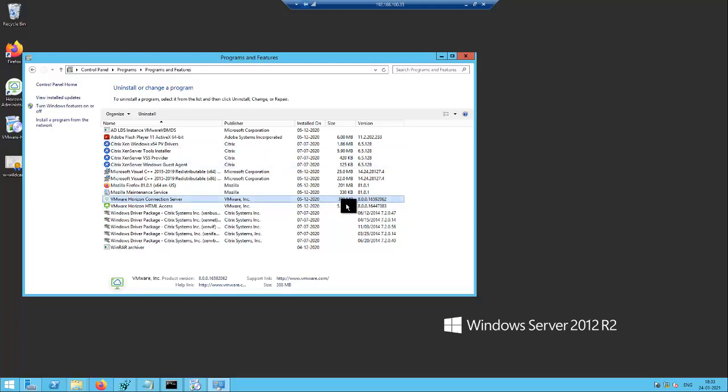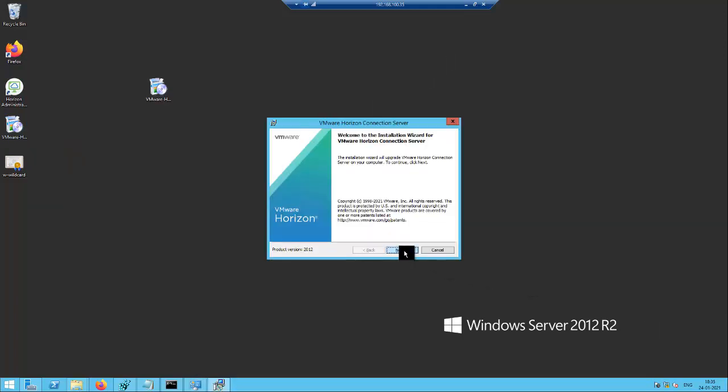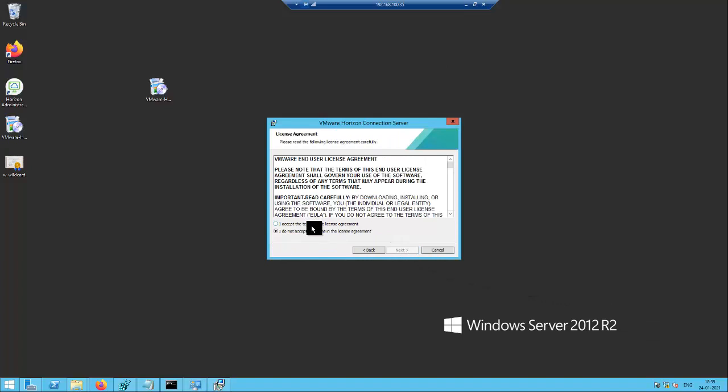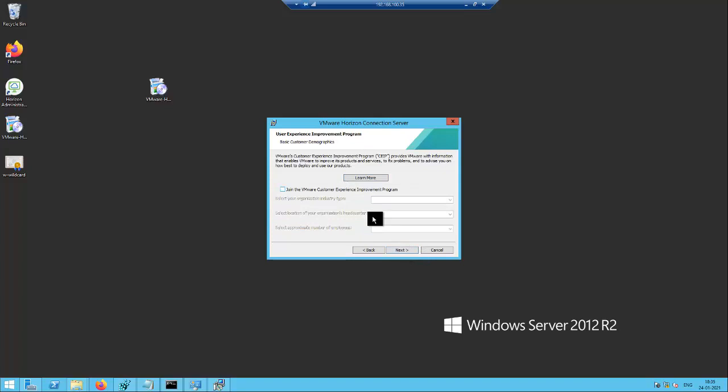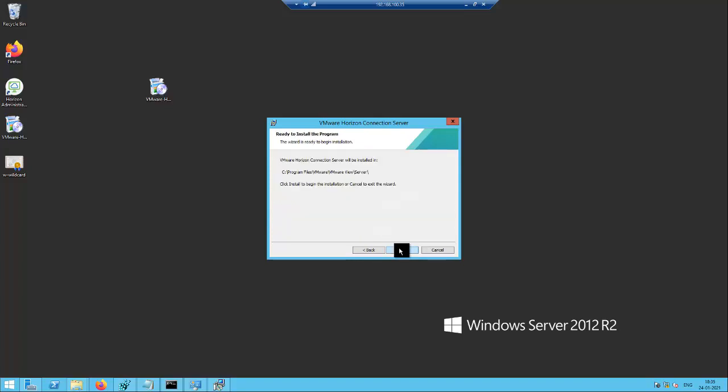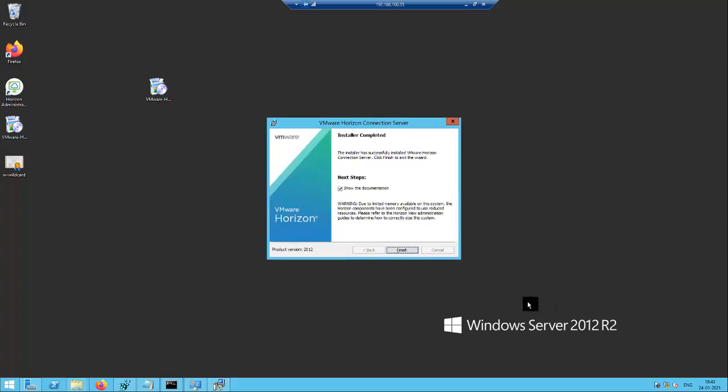Here you can see the connection server build version is 8.0.0.165.92.062. Let's see after the installation what the build version for the connection server is. Click next, accept the license agreement. So installation has been completed. Click finish.